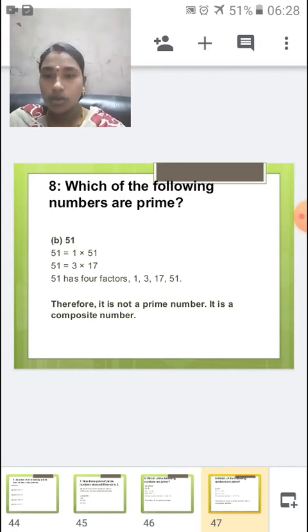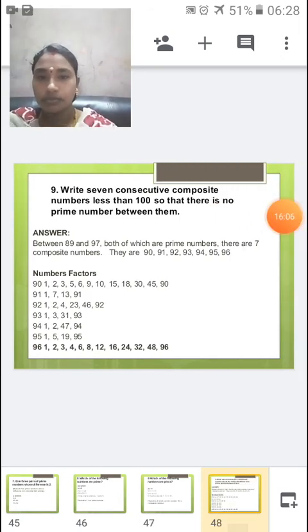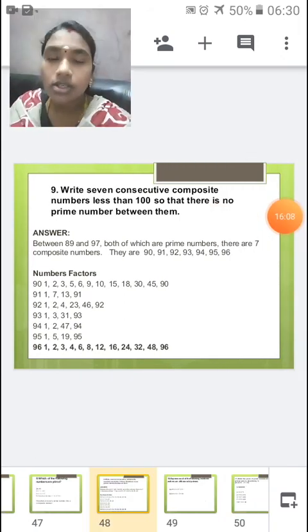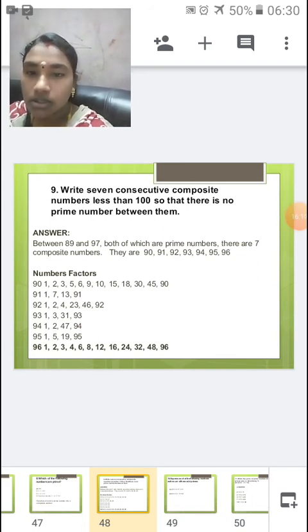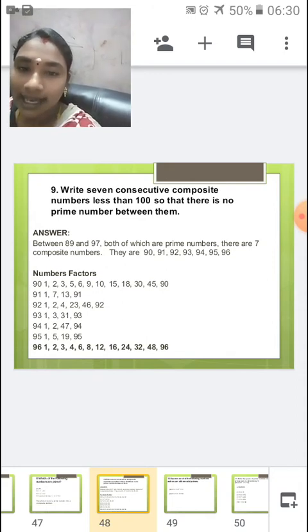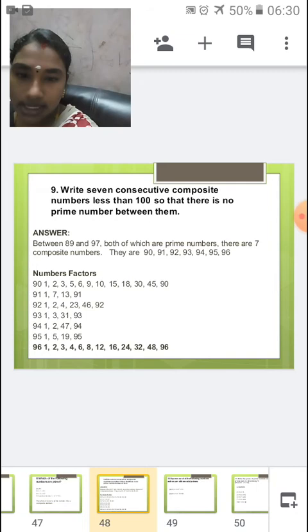Now let us move on to the third sum, that is C sum. So C and D sums you will be having for homework. So that is an easy sum, so you can do it on your own. So let us do the ninth sum. It is a pretty big sum.